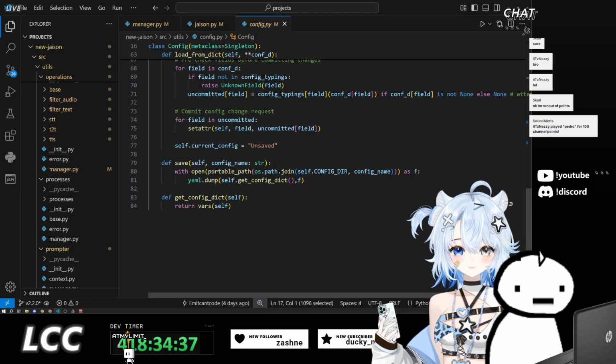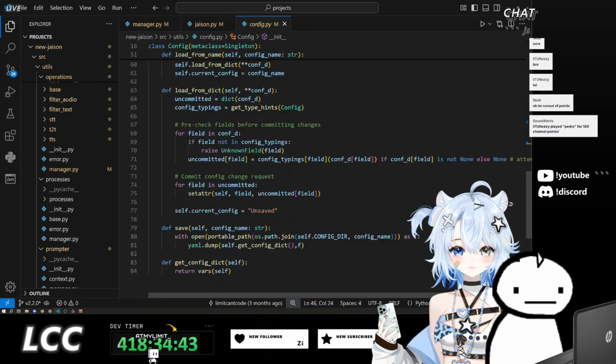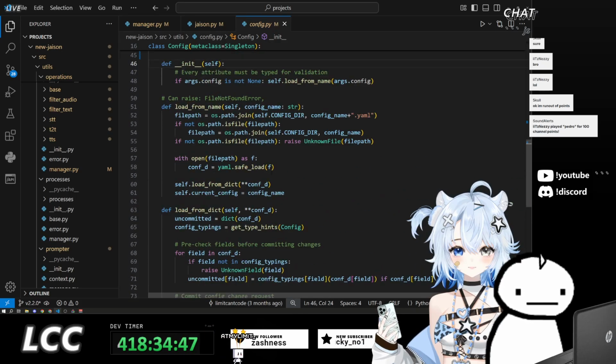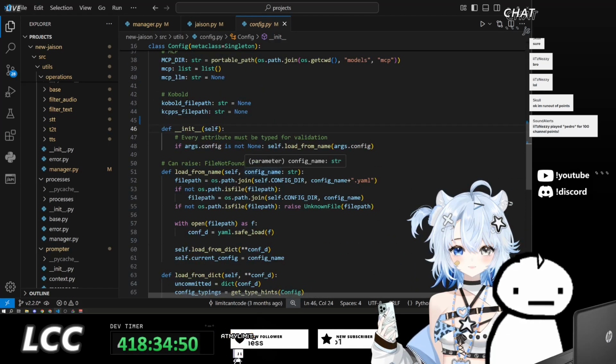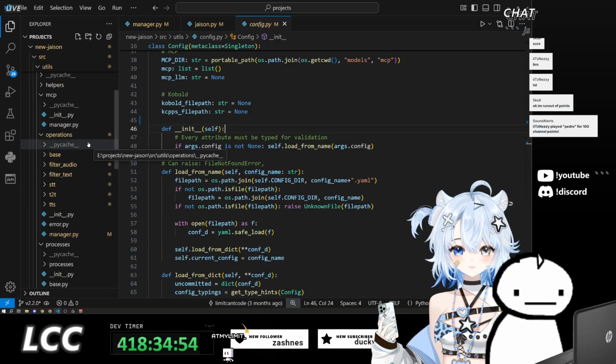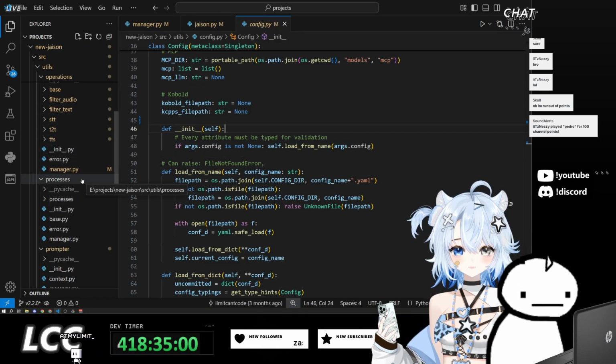I don't know. I'll have to give it some more thought as to what I'm going to do with this global configuration manager, and specifically in terms of saving configurations. I really don't want to have to go through and read every single operation we have loaded, and specifically for processes as well.